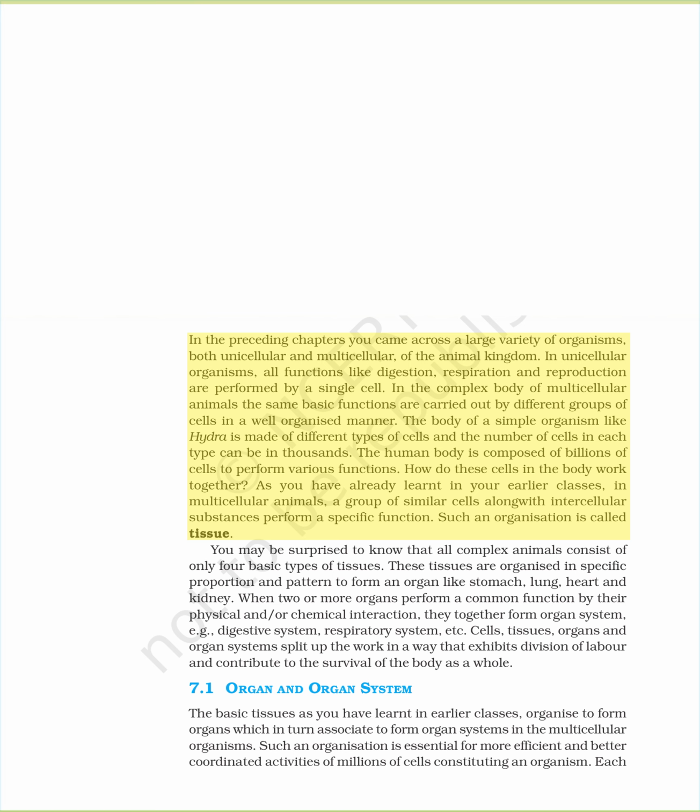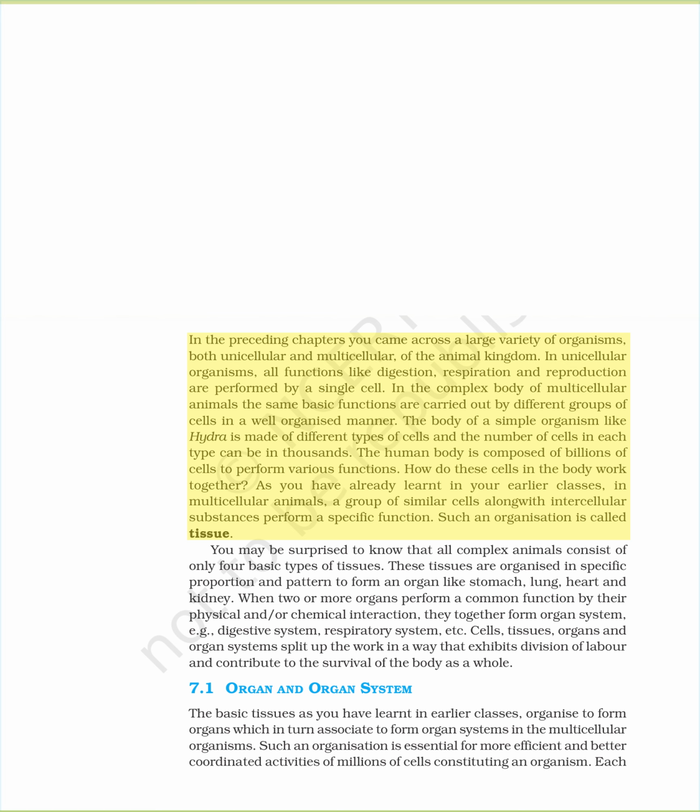In the preceding chapters you came across a large variety of organisms, both unicellular and multicellular, of the animal kingdom. In unicellular organisms, all functions like digestion, respiration and reproduction are performed by a single cell. In the complex body of multicellular animals, the same basic functions are carried out by different groups of cells in a well-organized manner. The body of a simple organism like Hydra is made of different types of cells, and the